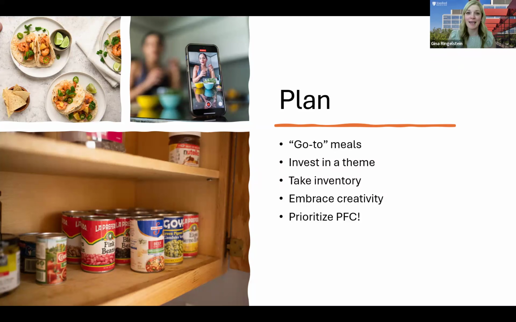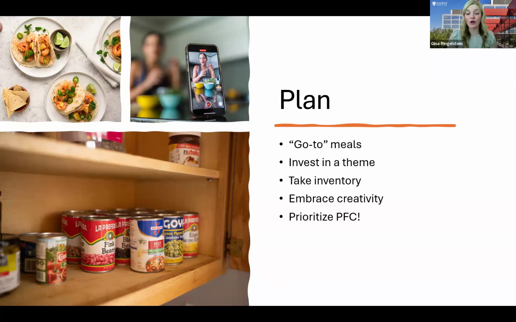You also can't forget to take inventory. I am notorious for going to the grocery store, putting things into the cart that weren't on the list, stocking them away in the pantry, and then 6 months later, I go, gosh, I have so many cans of beans in here. What am I going to do with them? So this is your reminder as you're planning, open up the pantry, open up the freezer, the refrigerator, actually take a look to see what you already have at home, and that might inspire a nice recipe.